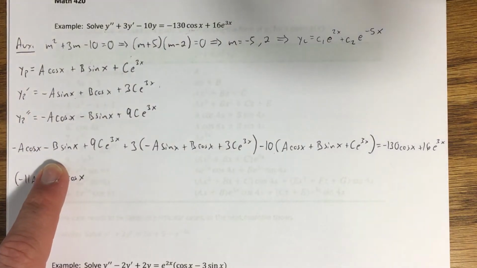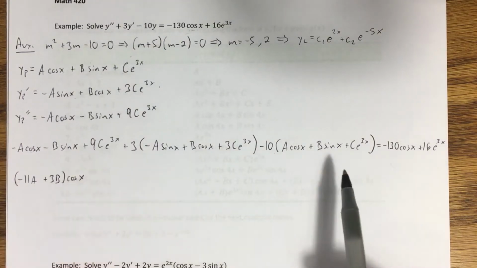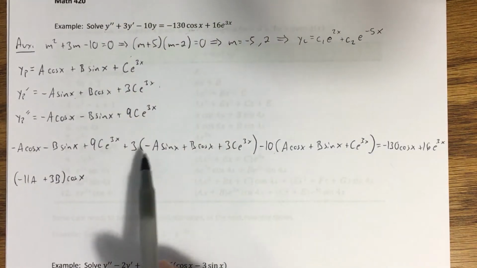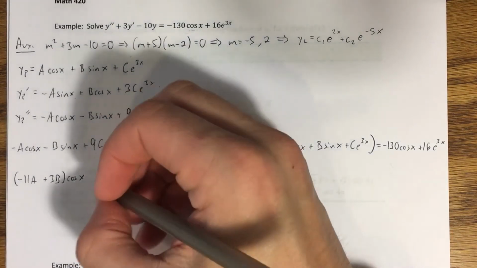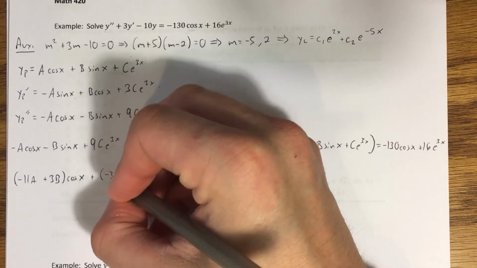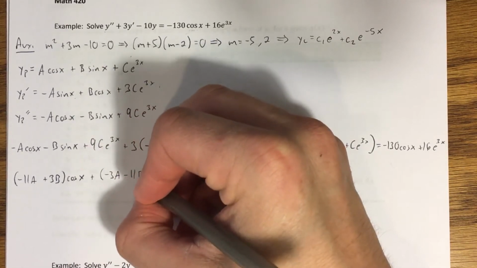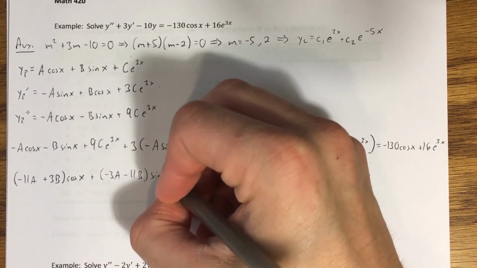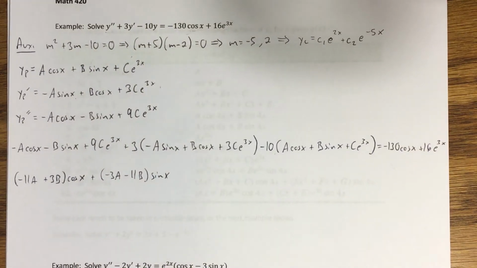Negative b sine of x here. I'm going to have a negative 10b sine of x there, so that's negative 11b. I also have a negative 3a sine of x, so I'm going to have plus negative 3a minus 11b sine of x. And then let's go ahead and combine,